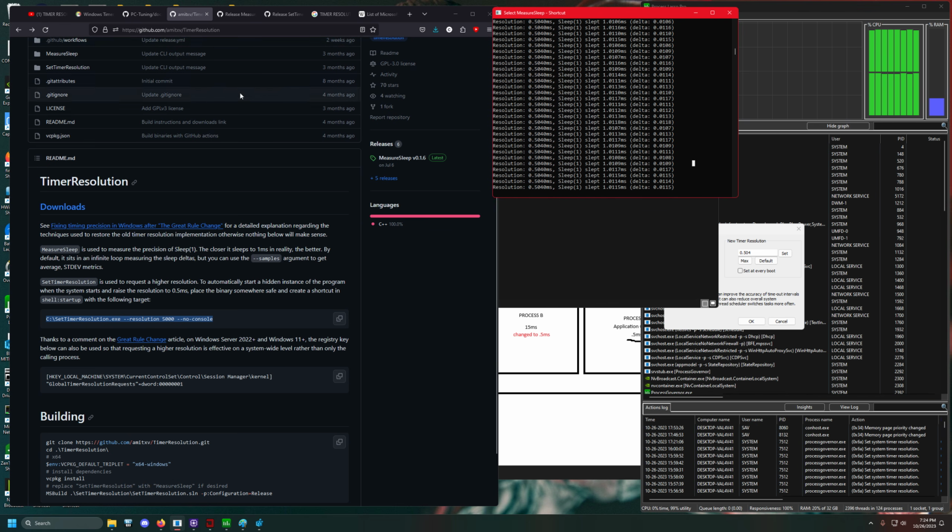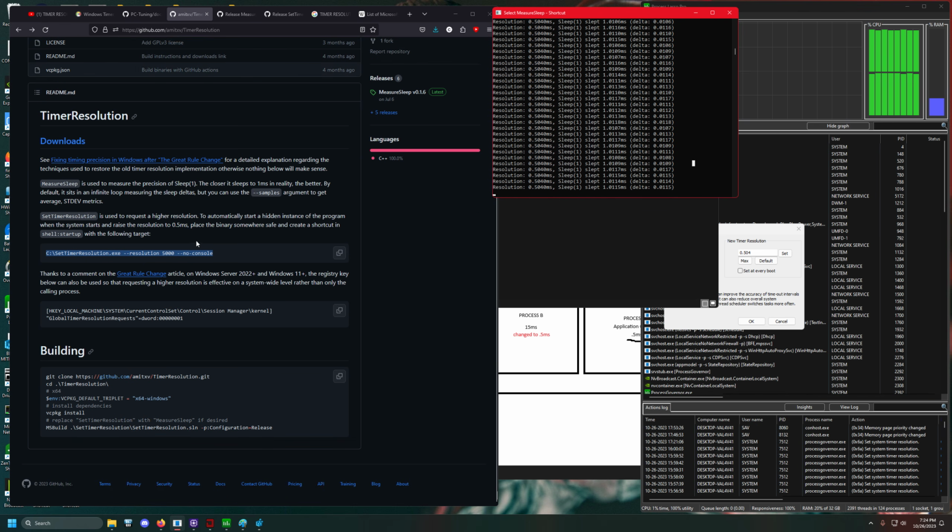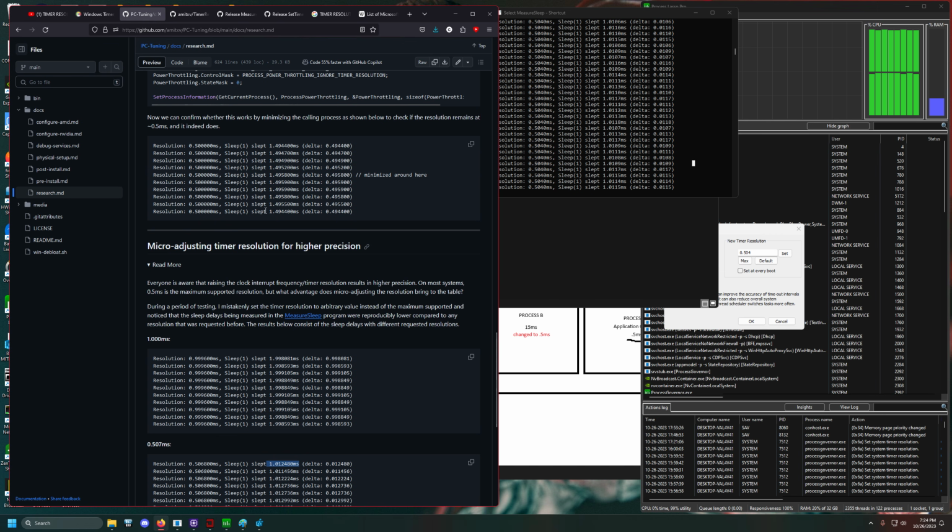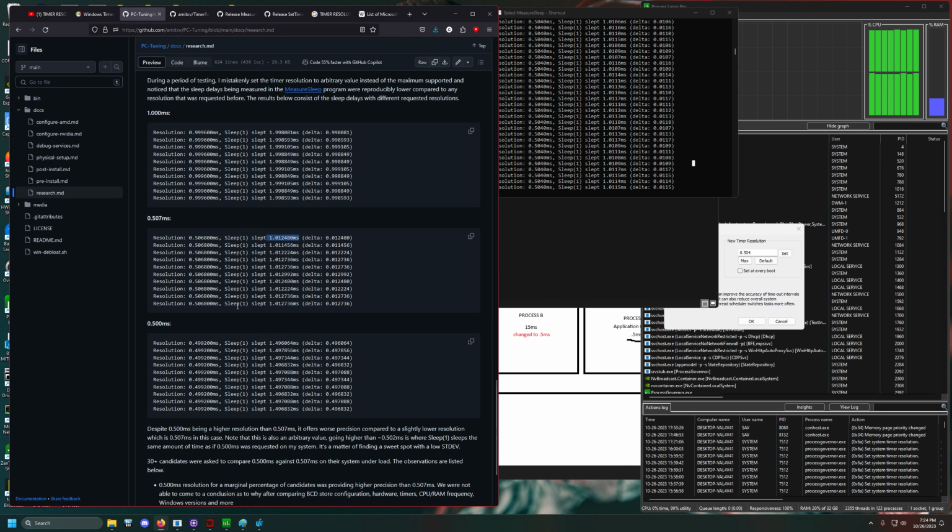Now, once you get done with that, now that we've made the target, we've created this startup folder, we've done all of that different stuff, what we're going to do is actually micro adjust the actual timer resolution. And so what that's going to look like is, as we see right here, he sets a value of 5 milliseconds and he gets a worse delta reading on here. So it's 1.4973 milliseconds. Well, when he actually raises the timer resolution to 0.507, you'll notice that it actually gets